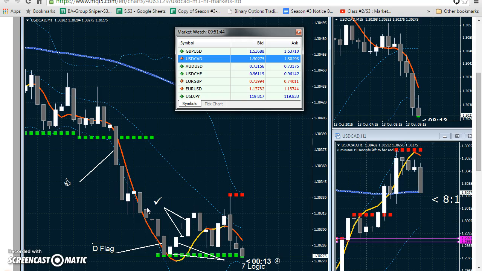Now another thing I like to point out here is, look here, suddenly those bear bars are not on the left, they're now on the right side of the moving average. That's an indication that this trend is slowing down and we might even see a reversal. So now I won't take a Checkmate because the trend is too slow.